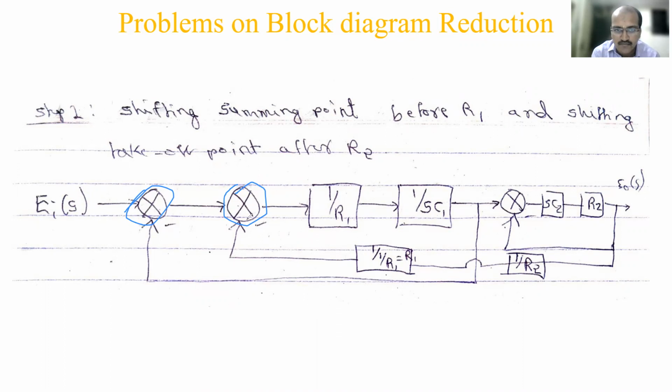The same thing I'm going to do. It is not going to affect any results. So I'm just shifting this one. Because of that, what will happen? This R1 by R2 line will come outside and this unity feedback line will come inside. See this line, which is connected here, it will come inside. It becomes a unity feedback and this R1 by R2 comes outside. It looks like that, just interchanging the summing point.